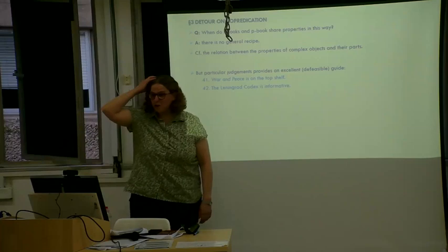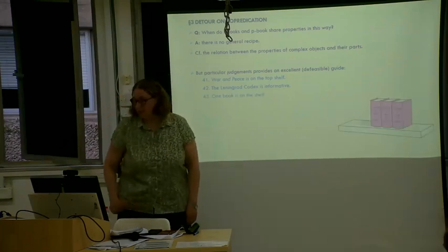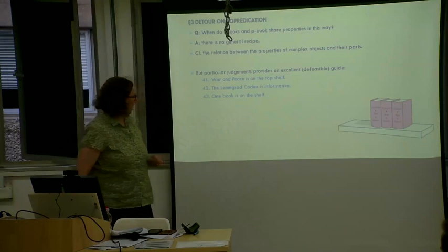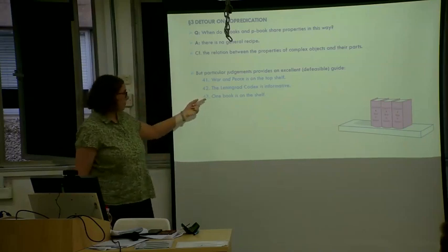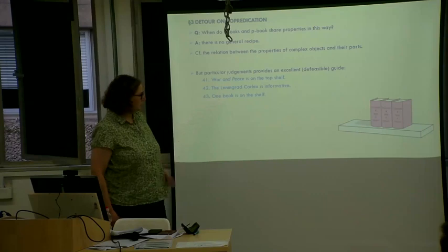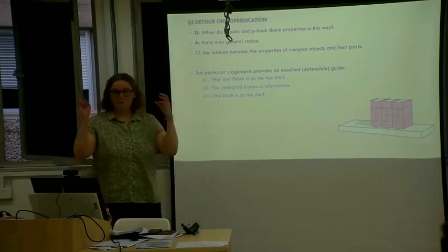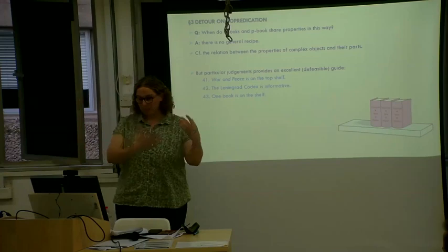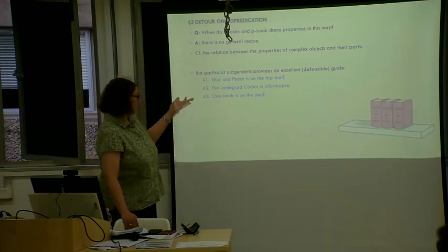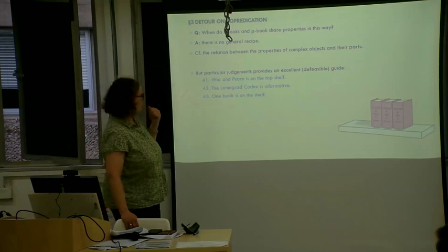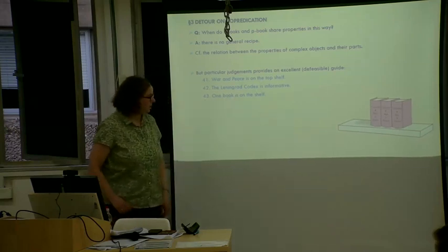And actually, one source of data that's really helpful here is looking at counting sentences. So we already saw an example of that with the one book is on the shelf, right? This is really helpful because by counting the books as one, when we have these 3 copies of War and Peace, we're forcing book to be meant in the informational book sense. And then it seems true that one book is on the shelf, which suggests the informational book has this property.